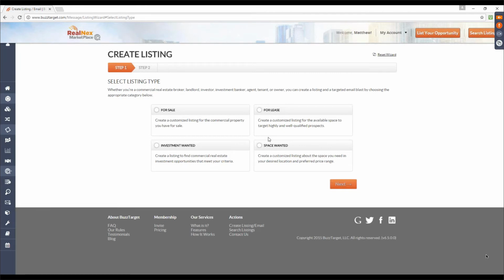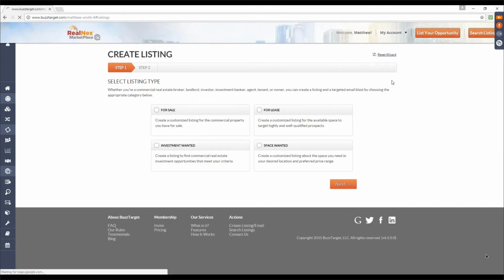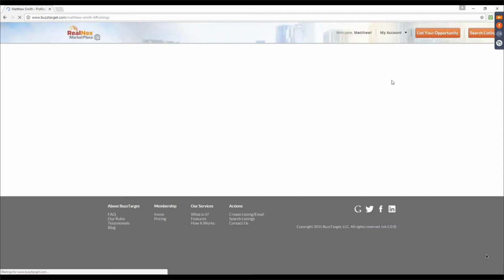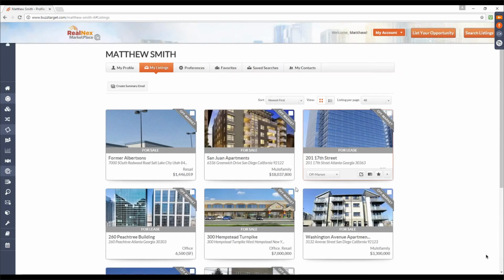So put any kind of opportunity you want out there. I'm not going to go through all that. You guys have probably done it like 1,000 times. You'd probably be better at it than I would. But once it's in there, that's where it gets interesting for us. So once you've added that listing, you have the ability to go into your account, click on My Listings, okay? Then what you can do is you can come on over here, choose any listing that you want. If you drop into it,